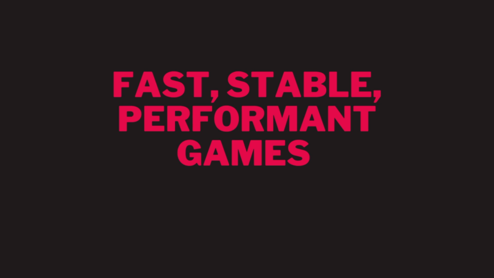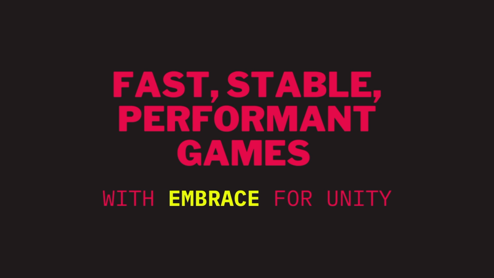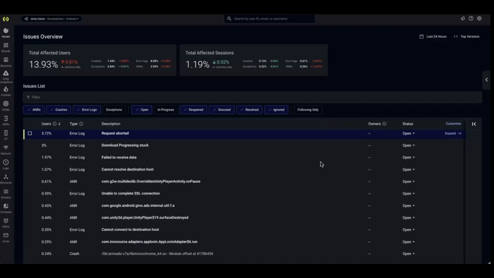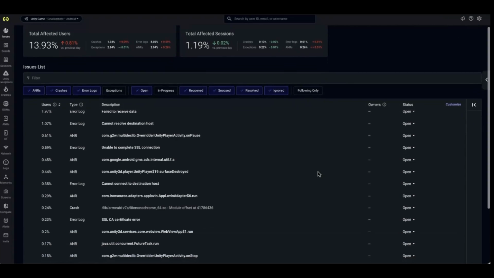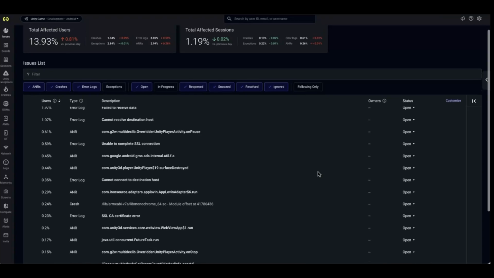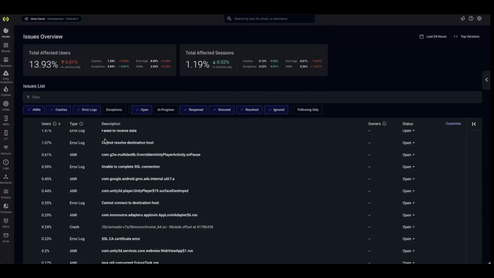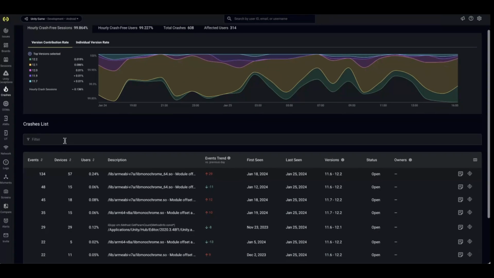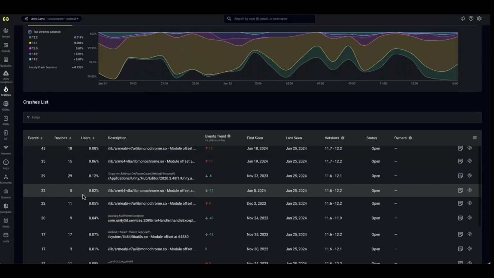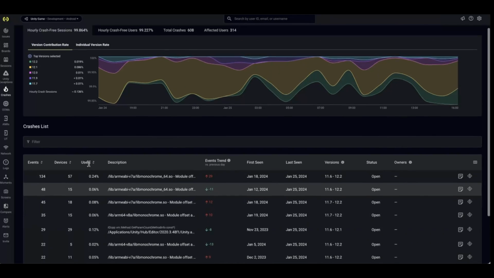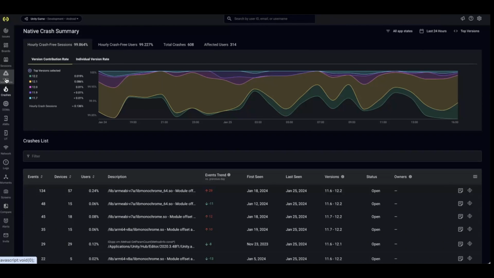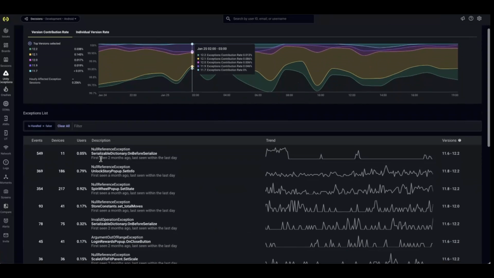Embrace is the leading tool for mobile engineers who want to maintain fast, stable, and highly performant games. Our Unity Verified SDK captures 100% of user sessions, while our dashboards provide you with the insight you need to identify and resolve performance risks early on. As a Unity developer, you can use Embrace to resolve critical gameplay issues like native crashes, as well as exceptions